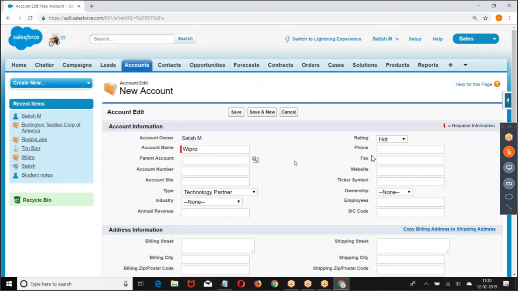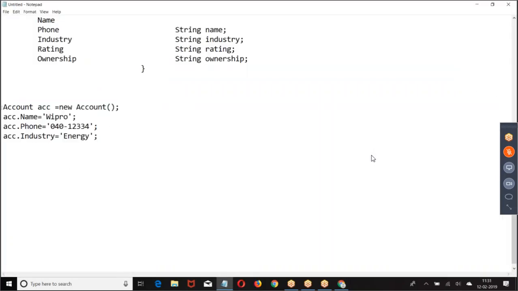Is it saved? We only created. When I click on the save, record will be saved to database table. Similarly, is it saved to database? No. When I write insert ACC, this will be saved to database. Until I create insert, it will not save. Only variable is created. When I say insert ACC, record will be saved to database.